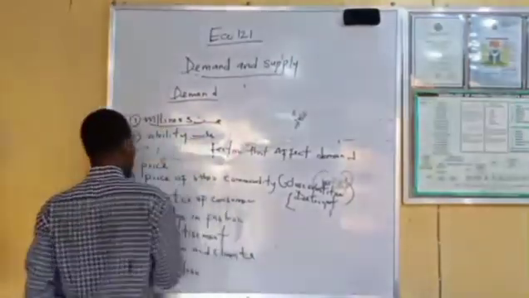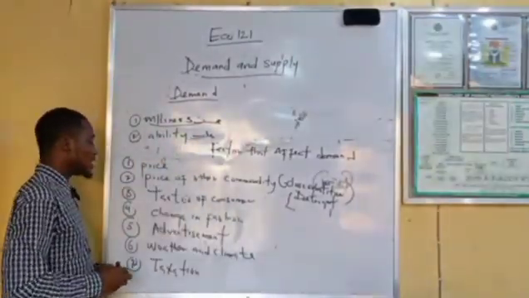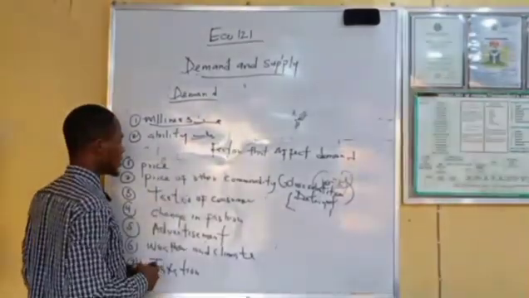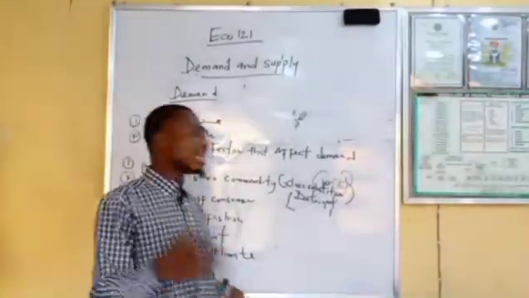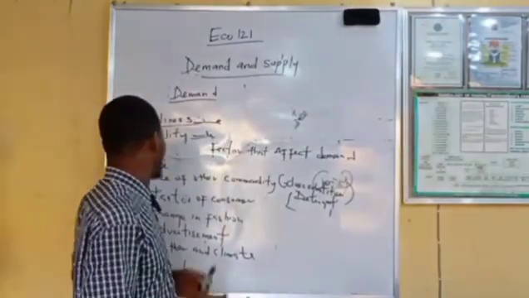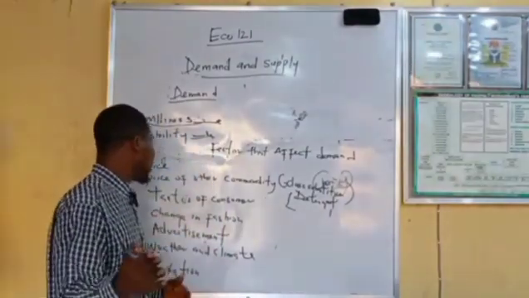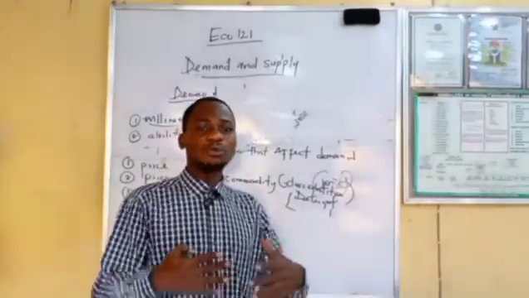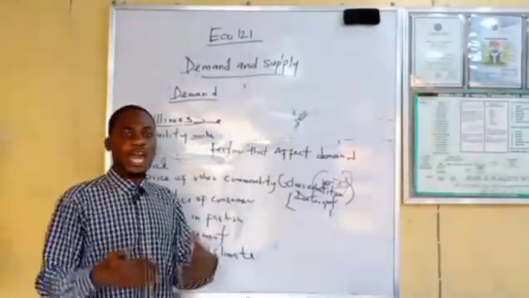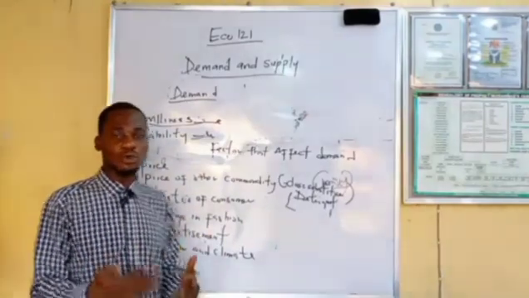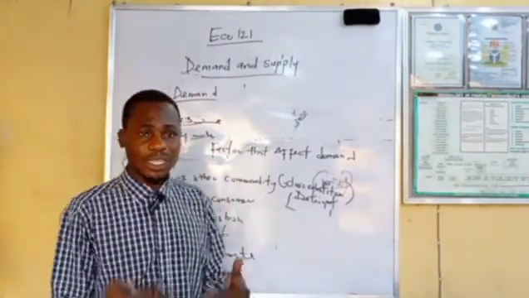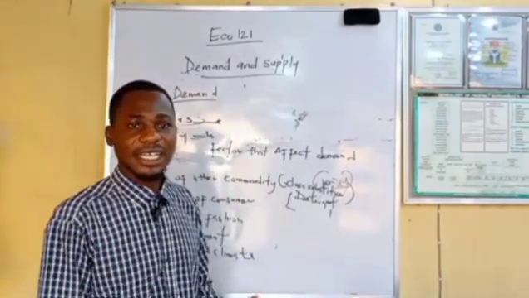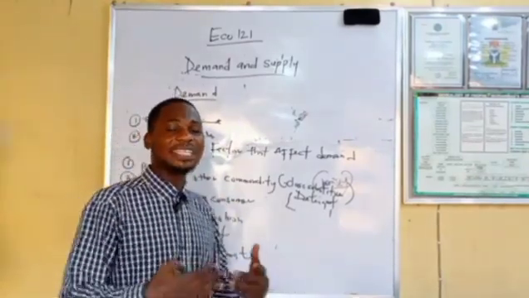Then the third one, we are talking about how taste of consumer affects demand. It affects in this way, that if the consumer is willing to acquire more taste in goods, for example, getting some commodity at a very high price, and it is